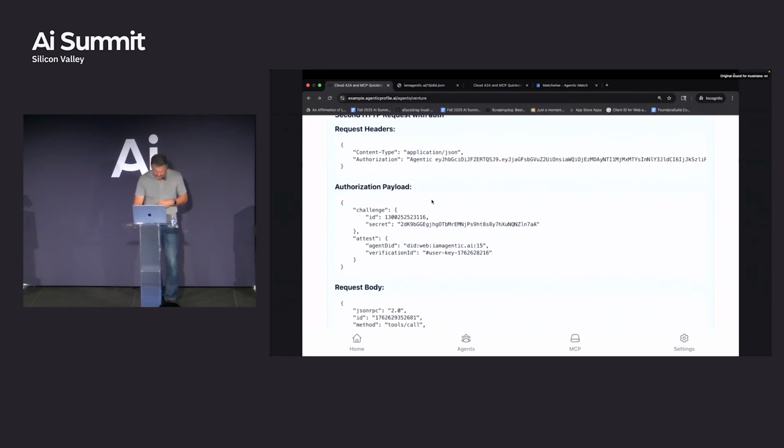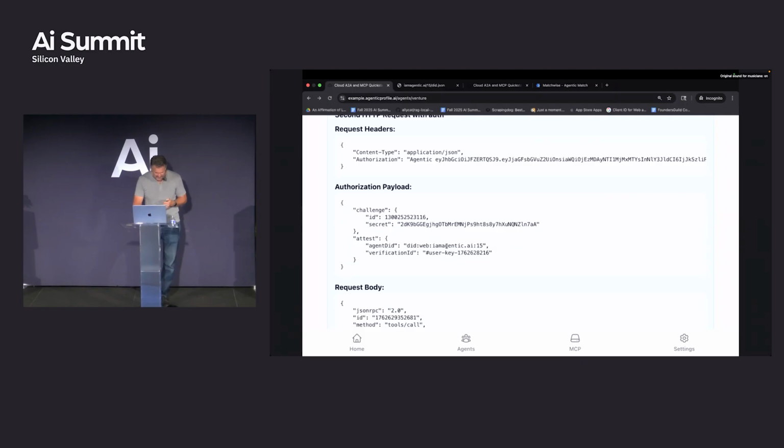When it passed that across, it was kind of fun actually. For those not familiar with JWT, there are three parts: a header part, a payload part, and a signature part at the end. The payload part is the middle part, and this is kind of fun. This is what it signed, and it signed two things. Remember the initial challenge I talked about? That challenge came from the faraway server, and that way it knows for sure that we're having this conversation, plus a typical secret in there. But the attest part is interesting. It's attesting, saying, in my payload, this is who I am. I'm telling you that I'm this agent right now.